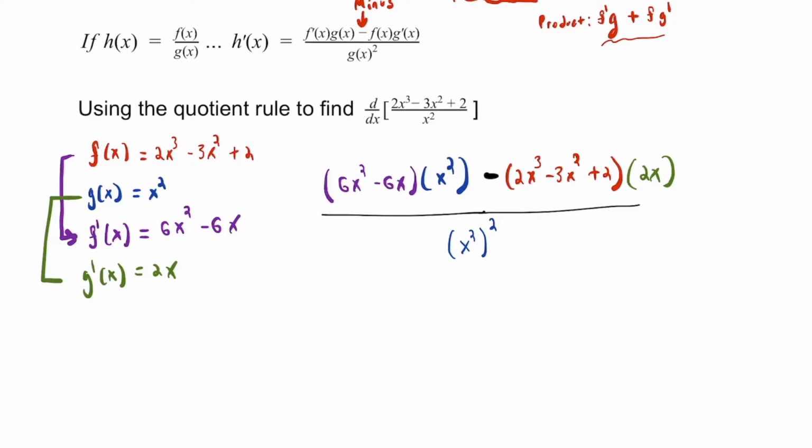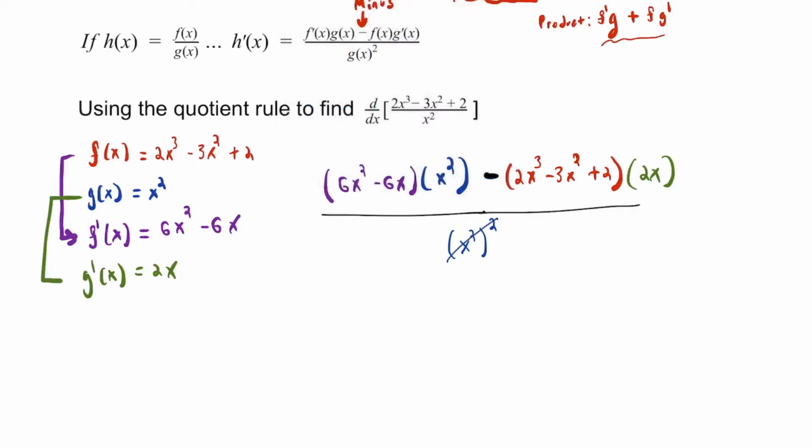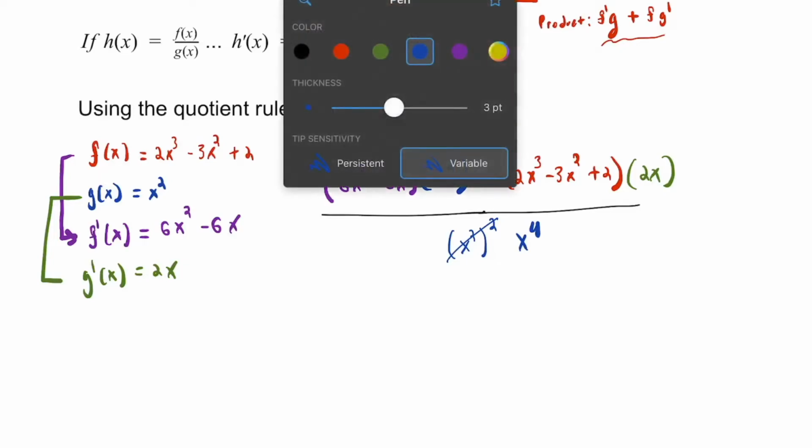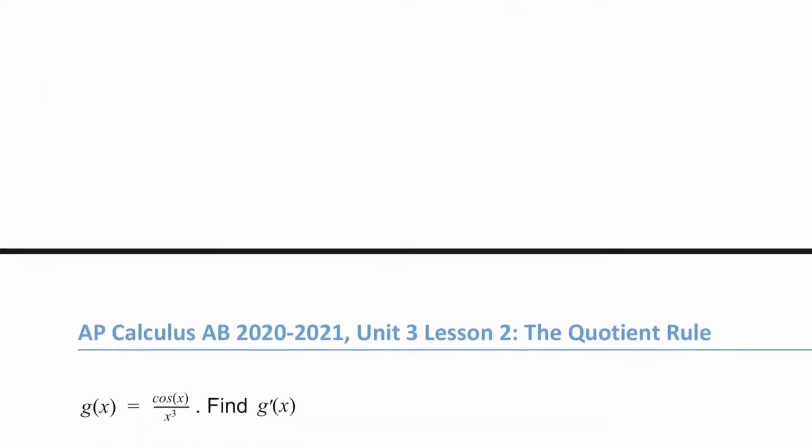Let's see here. The first thing I'm going to do is cross this out here to save myself some space. This is x to the 4th power. One thing I see immediately is that this portion and the denominator all have at least one x that can be divided out of them. So I'm going to go ahead and divide out that x. So what that's going to leave us with,